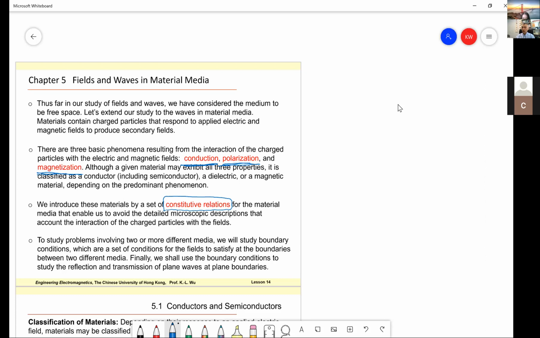So the constitutive relation, we said one is the current, and then we use this, and then we also use this. So those three constitutive relations we already used. And why we use these relations, then